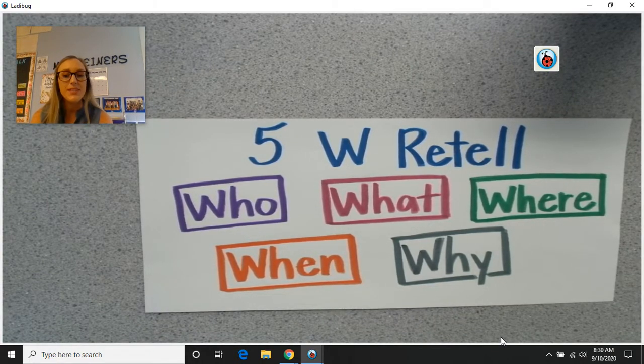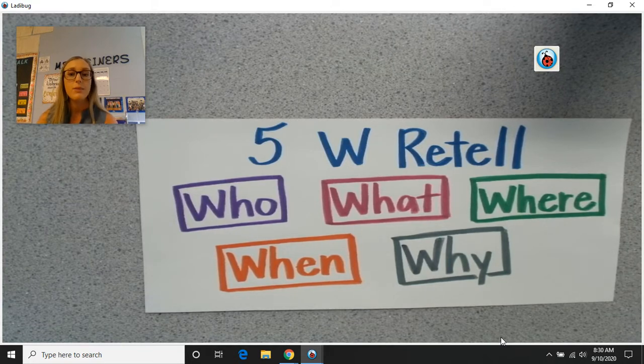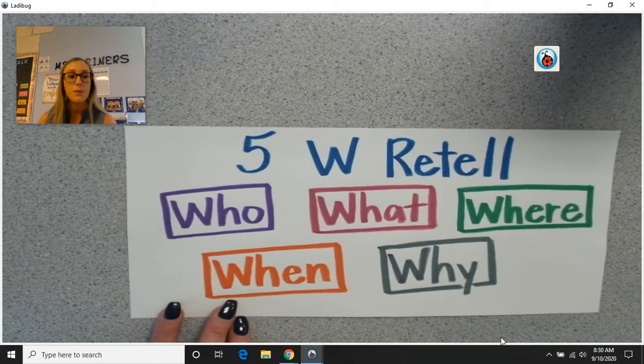Today is Tuesday, September 15th, and we are getting ready to start our new week of read alouds. So you will have two different read alouds this week, and this time I'll be asking some questions to go along with the read alouds, and then you are going to have two different writing activities to do with the read alouds. So before we get started, I wanted to remind you of what we learned last week